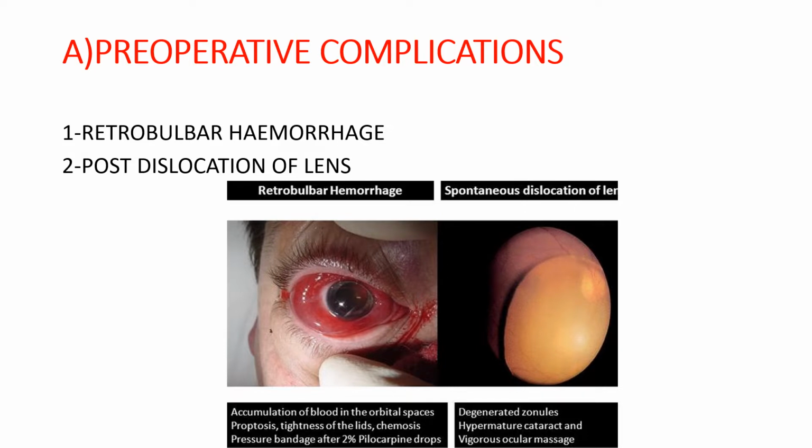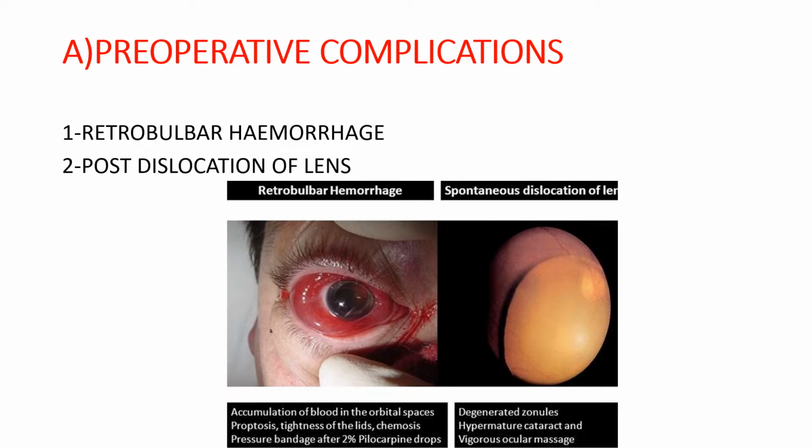Retrobulbar hemorrhage used to happen in earlier times with the retrobulbar block. Nowadays, for SICS, we give peribulbar block, and for phaco, we usually give topical block or peribulbar block. In retrobulbar hemorrhage, there is a collection of blood in the orbital spaces, resulting in proptosis, tightness of the lids, chemosis, and as you can see here in the picture, a subconjunctival hemorrhage all around